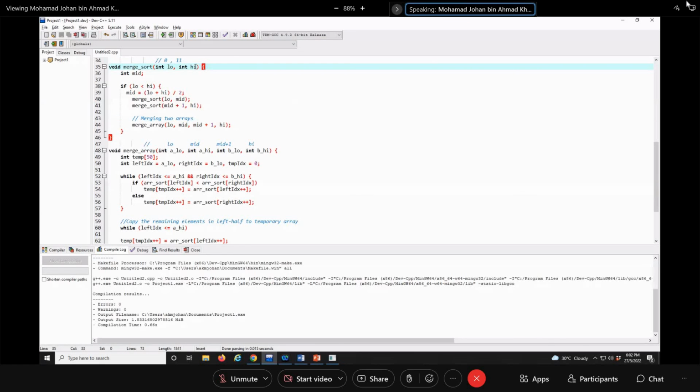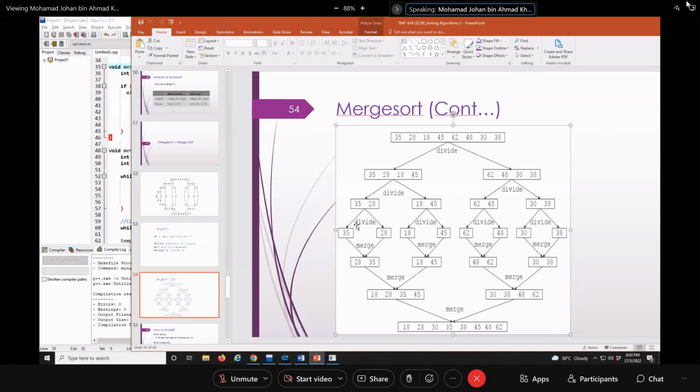You see merge sort, kan, satu function, dia pecah, same 4 jadi 2. Then 2 divide 2 jadi 1. Then you get your atomic level. So here is where you divide. Okay. Now after you divide,